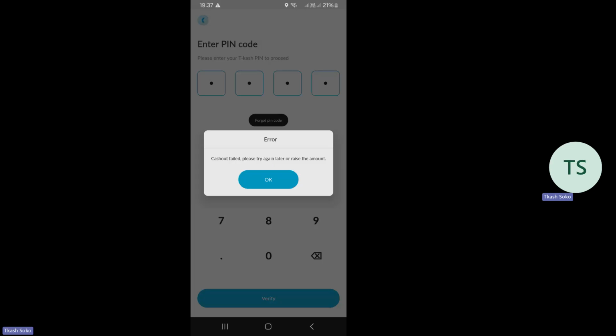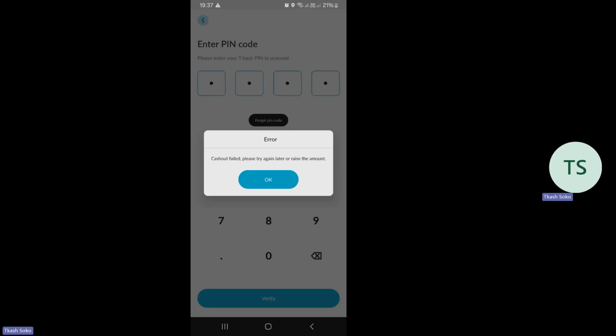The reason it is showing me the error here is because the amount I have is 126 and I'm trying to withdraw 1,000, which is way above what I have. So let us try and see: what if I wanted to withdraw 50 shillings, which is within the limits of what I have?